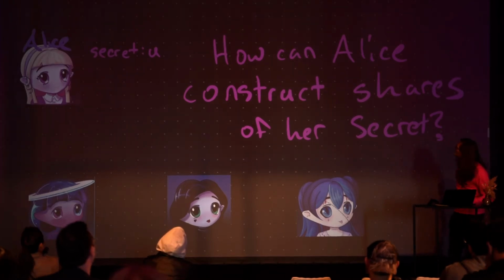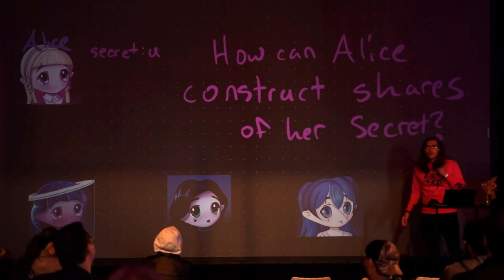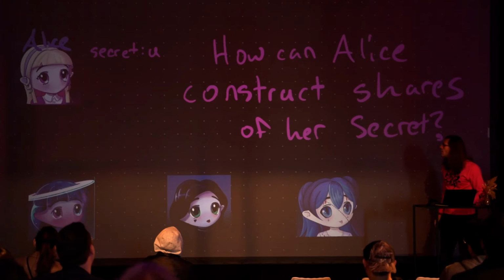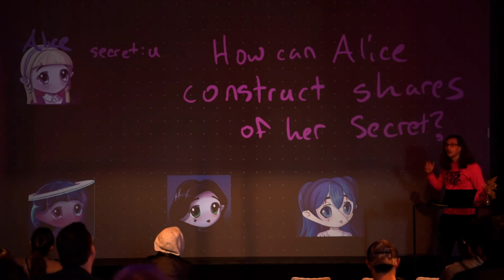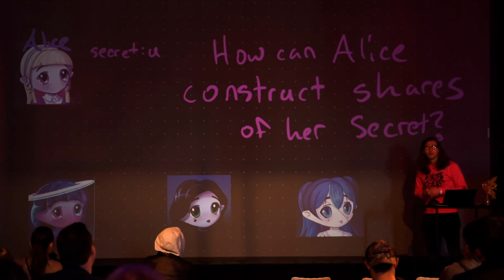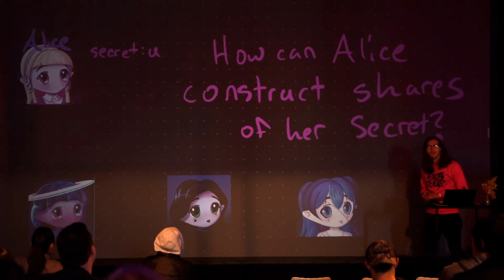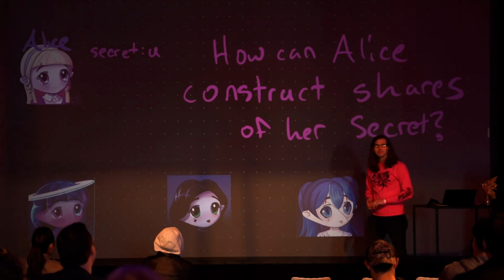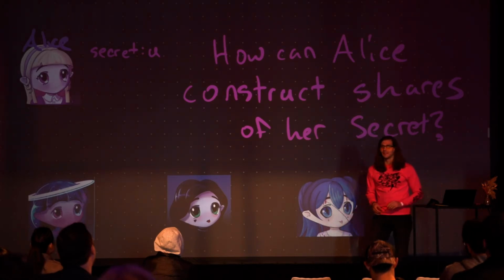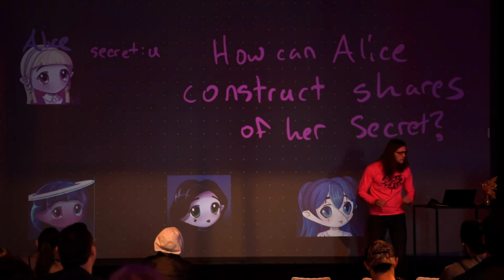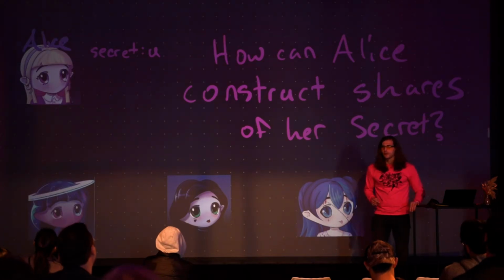So how can Alice construct shares of her secret? She wants to send some shares to her friends. And the thing that we might try is we might observe that polynomials are pretty cool, and linear algebra is pretty neat. And we, being humble nerds of math, know a thing or two about polynomials. We know that